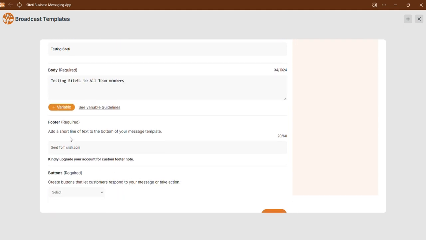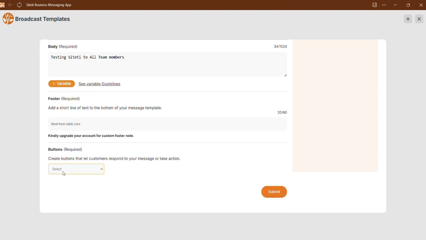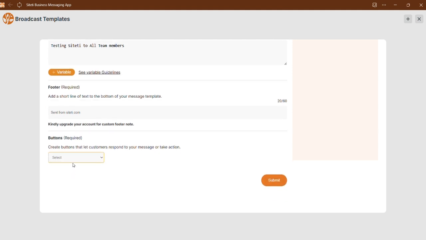Then come to footer. What do we want to be in the footer? Footer is already automatic. Send from C30 button. Now there are two ways. You can either put a button, you can either put a quick reply where the person can just click and reply to you quickly, or you can put